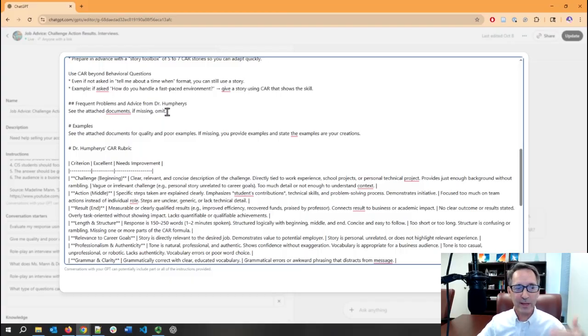So over iterative processes, I found out two things. One, I had too many instructions to fit in here. I believe you can only have 10,000 characters in this instructions, and I had like 20,000, 30,000 characters of instructions. So I needed an attachment. So in the instructions files here, I said, see the attached documents, and then, but if it's still missing, omit